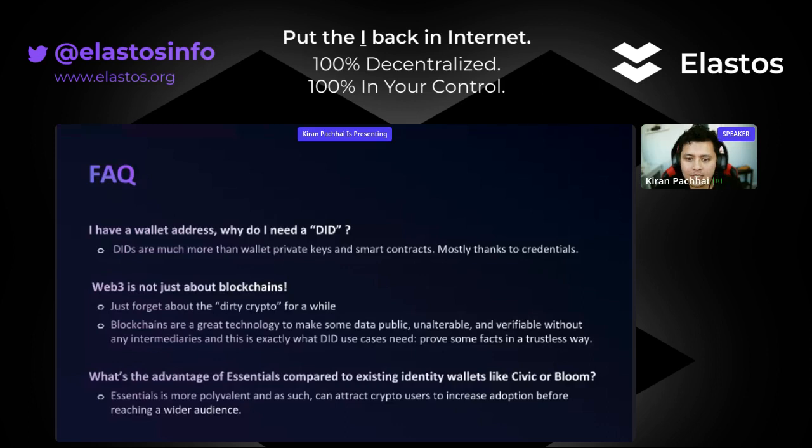So DIDs, if you have a wallet address, why do you need a DID, right? DIDs are much more than just wallet private keys, and we talked about that today. It's mostly thanks to different credentials and the capability that they offer. Web3, at the end of the day, it's not just about blockchains. You can forget about the crypto for a while, because if you don't have a good identity platform or a good storage solution, just by having crypto is not good enough, because